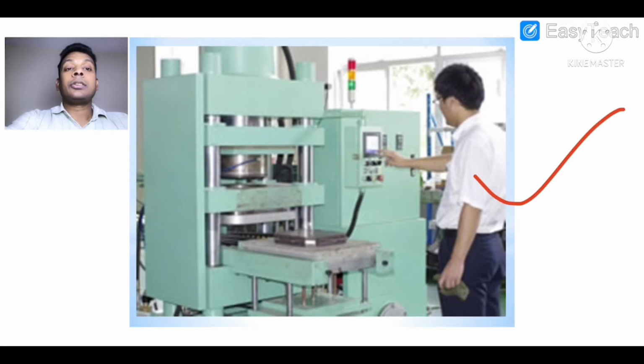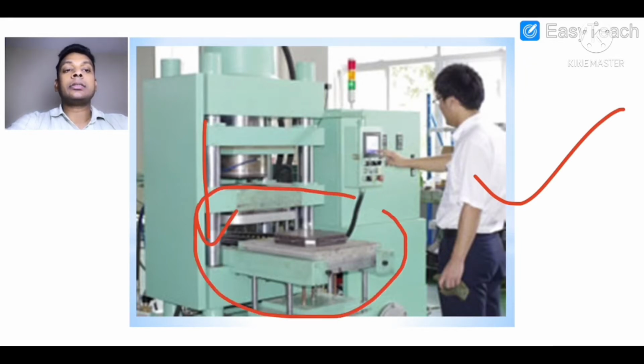Now this is an image of the compression molding machine. This is the RAM, and this area is holding our mold. This is the upper plate and this is the bottom plate, and this is the molding area. You can see here, this is the mold, and it is used for manufacturing any type of parts, like small parts, medium parts, and big parts also. Here a small die, small mold is shown. So this is the basic description of the compression molding machine.